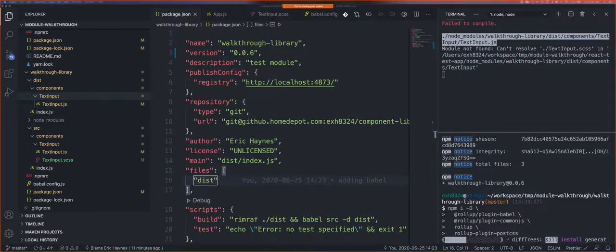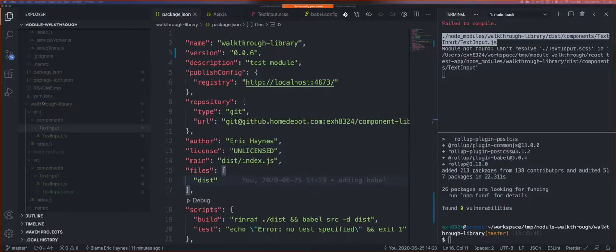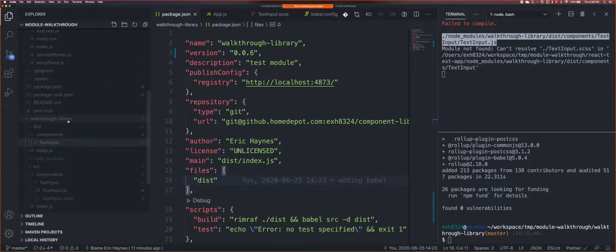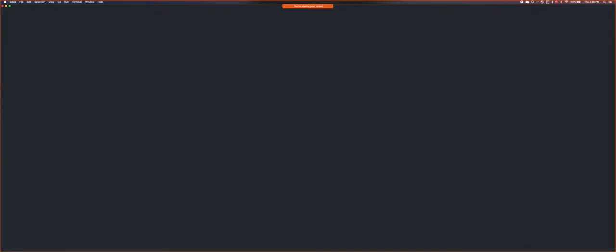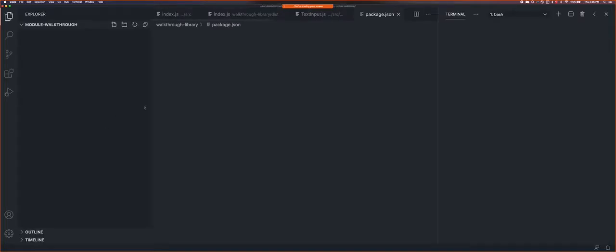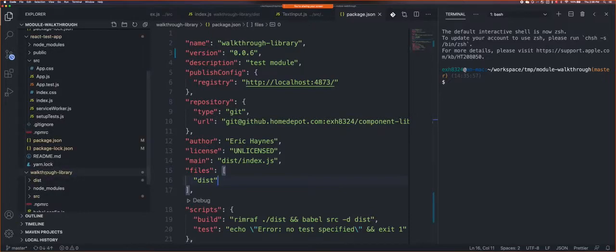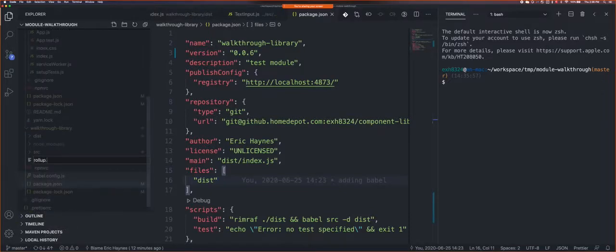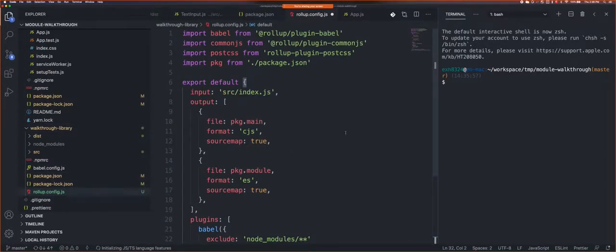So in the interest of time here, I am going to copy a file and just kind of walk through what's in it. So we're going to make a new file. Oh, I hate this bug. If you create a file when it doesn't have focus, it never can get focus back. Been in VS Code for a long time. All right, rollup.config.js, and we're going to plunk in a bunch of stuff here,